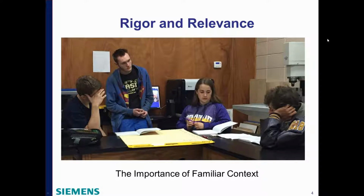And the actual standards that we are using, there are 4 sets of national standards. The college and career readiness standards for English language arts and mathematics are utilized in here, including the 3rd set, the next generation science standards, and the